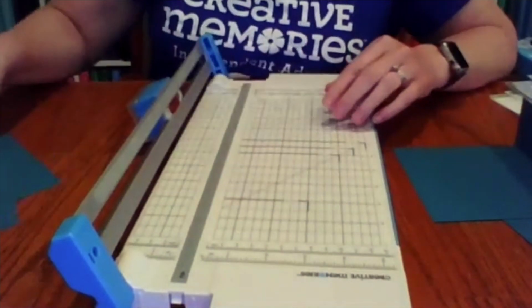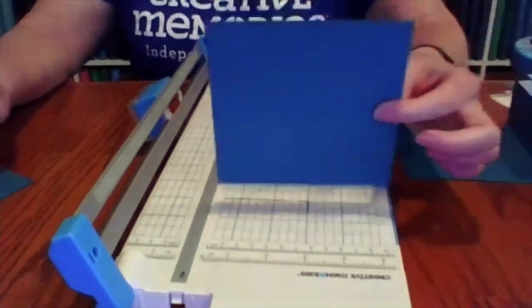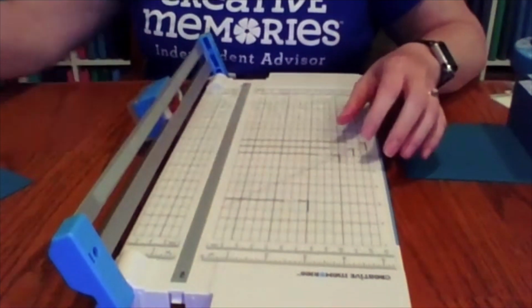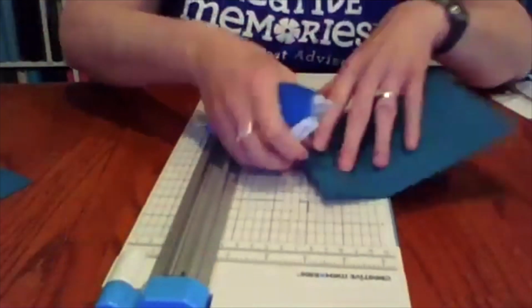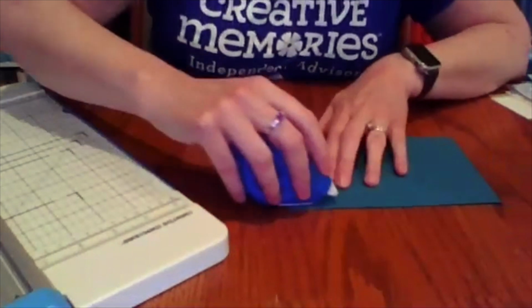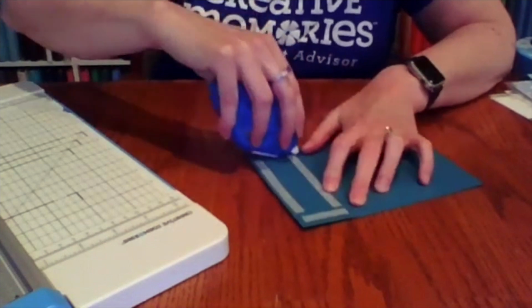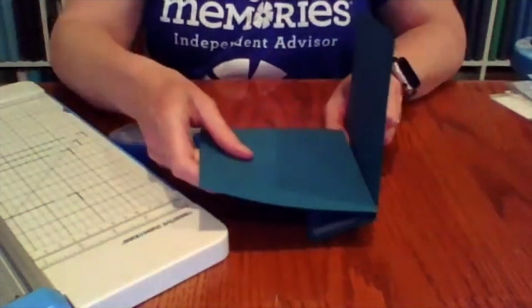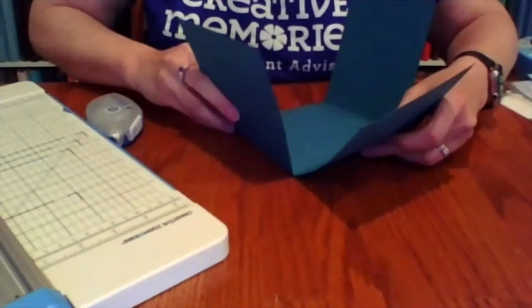You're going to take your second sheet of dark sea green and cut 2 5x5-inch squares, which I've already done. Then you're going to take your original tape runner and put some tape on the 2-inch side of it, like so. And then you're going to take one of your squares and put it on like that. I've already got one started, so I'm going to show you. We're just going to put that on like so,